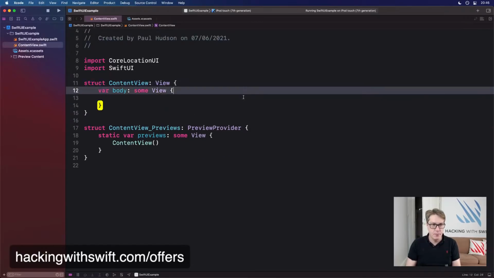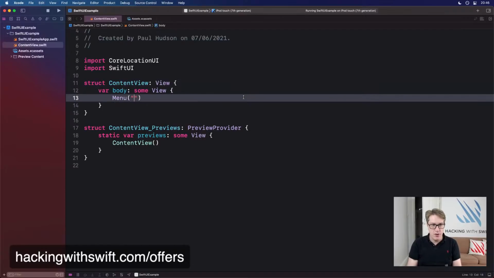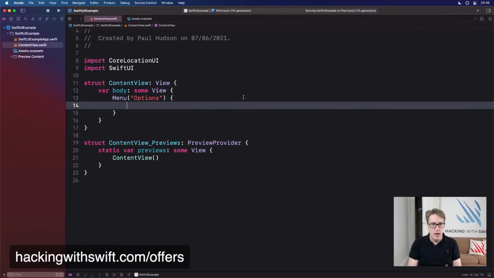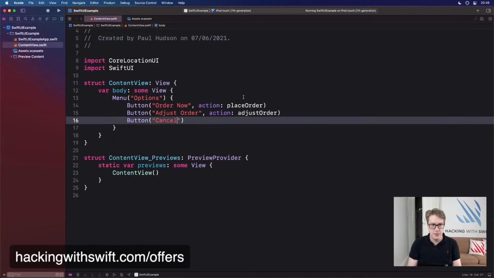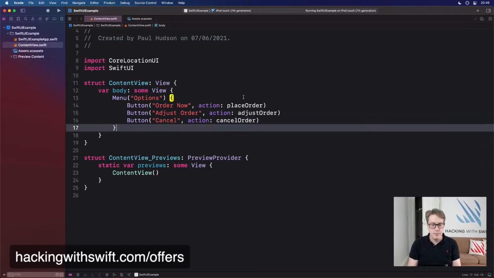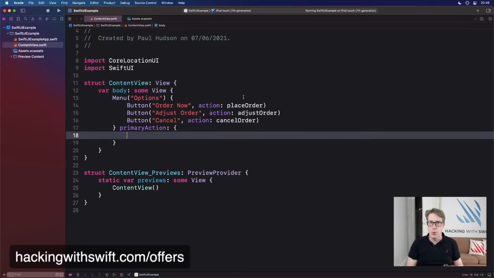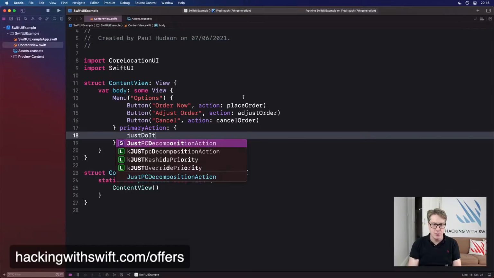We might say there is a menu with the title of options, button, order now, action, I'll do place order, then button, adjust order, action, adjust order, then button, cancel, action, cancel order. And then pass this thing a primary action, what to do when it's tapped quickly, like a transient press. In this case, we'll just do the thing, whatever it happens to be, right?